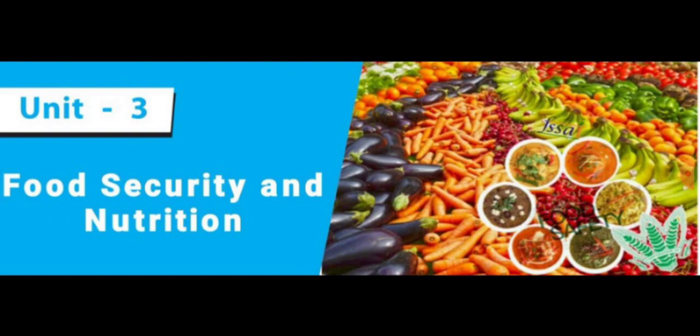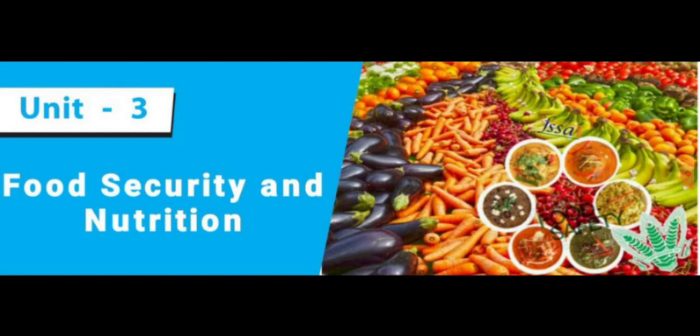First of all, I am going to recollect a few important points about those topics. First we learned about the meaning of food. What is meant by food? Food is defined as any substances that people eat and drink to maintain life and growth. Then we learned about the meaning of food security. Food security defines a person's ability to eat enough, stay active, and lead a healthy life.